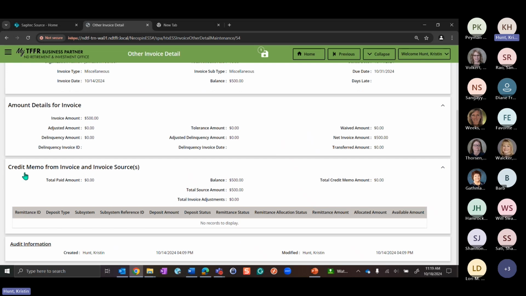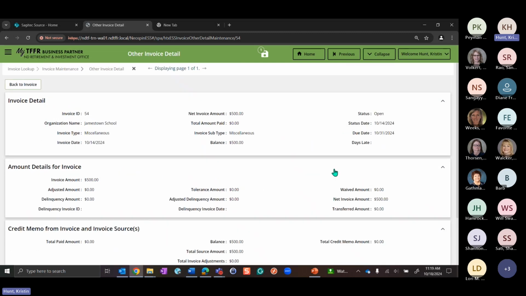We can see we have the credit memo information here, and it's creating that record, so that TFFR knows that a deposit has been created. Once it gets that ACH information, it'll say it's been paid and you're in the clear, right? You've paid your money. So that is how to view and pay invoices.